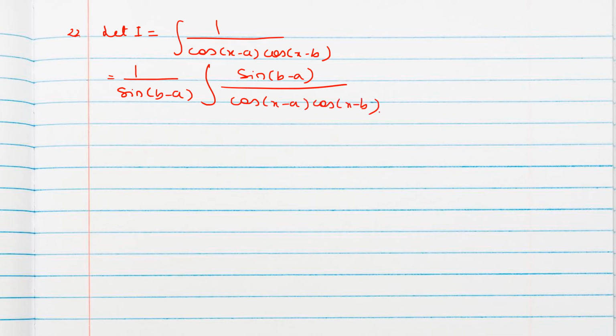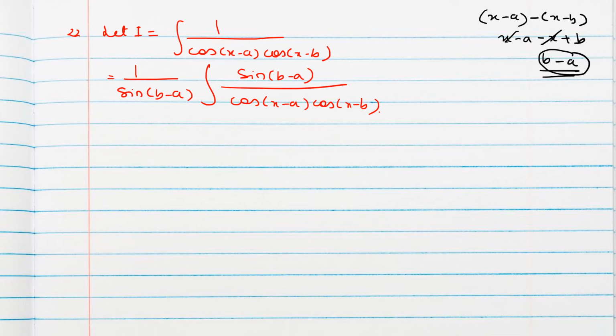See how we got b minus a angle. Here x minus a is there, x minus a. Okay, minus first angle minus second angle, x minus b. So x minus a minus x plus b. X will go, angle is b minus a. So here with trigonometry, you should take angle b minus a.